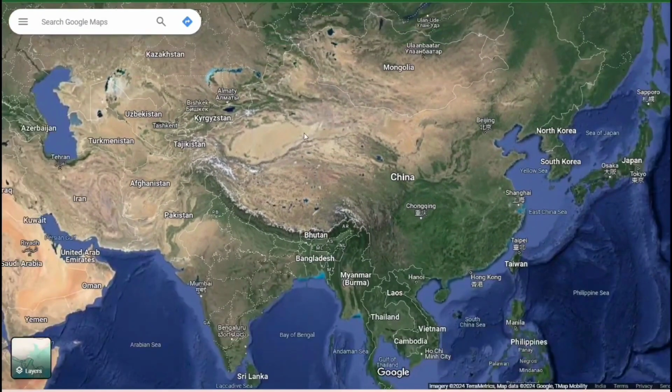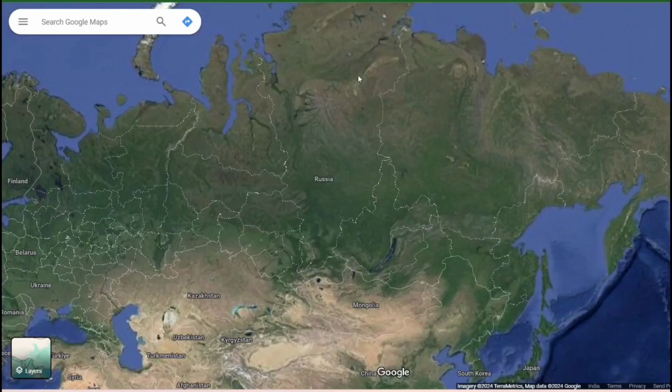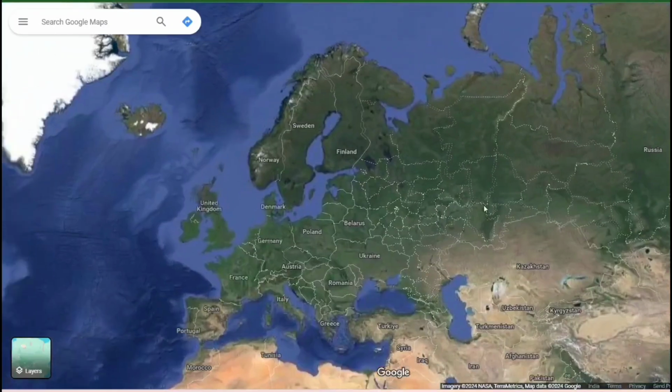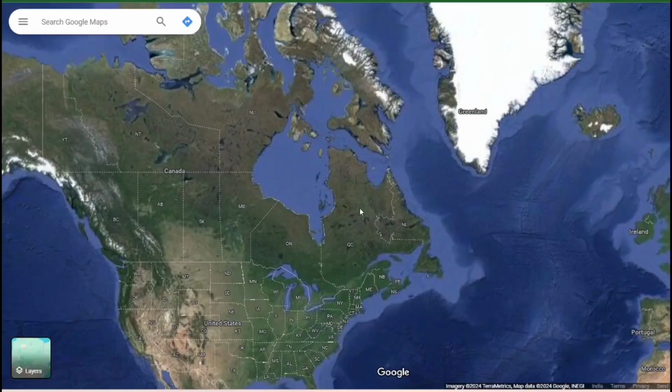So that's why, if you look at Russia, because of its very huge size, the majority of the part has glaciers and permafrost regions. So they cannot go for cultivation. In Canada, the same problem applies.